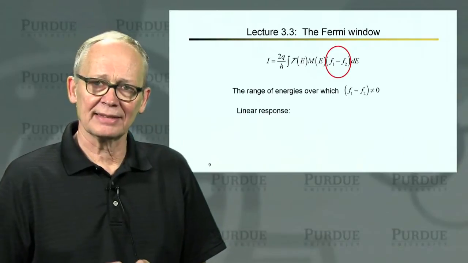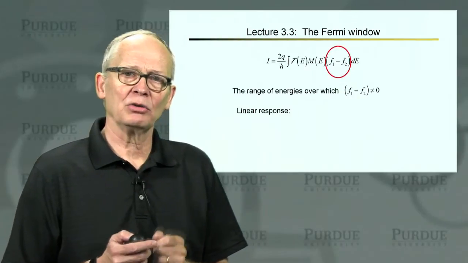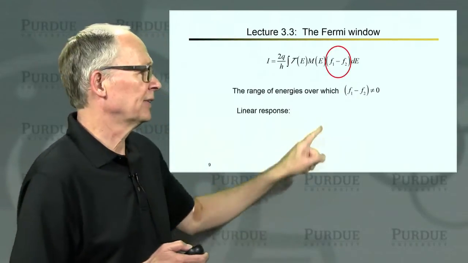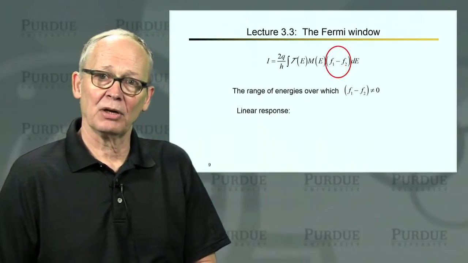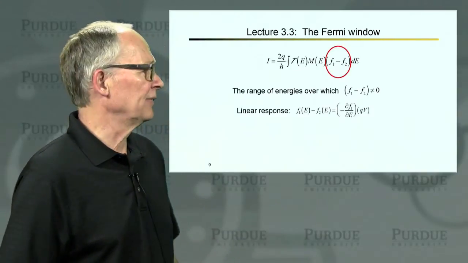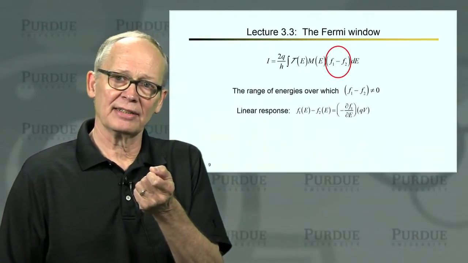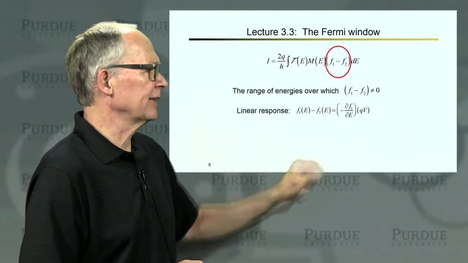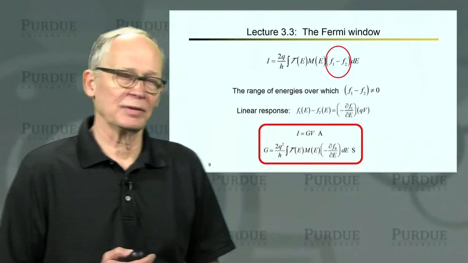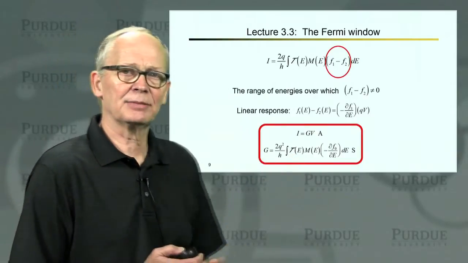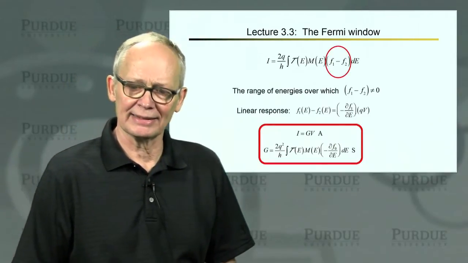Now, we also discussed then in Lecture 3 this concept of Fermi window. Current only flows in an energy channel if there is a difference between the Fermi functions of contact 1 and contact 2. That's what we call the Fermi window. And we looked at that Fermi window in a little more detail under small bias, where we just lower the Fermi energy in contact 2 a little bit. We used the Taylor series expansion, and we were able to show that the Fermi window is related to this derivative of the Fermi function. And we got this classic expression for the conductance in the low drain bias regime. And you'll see this in many places.